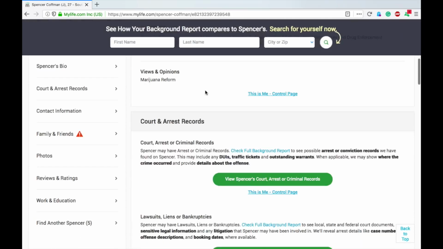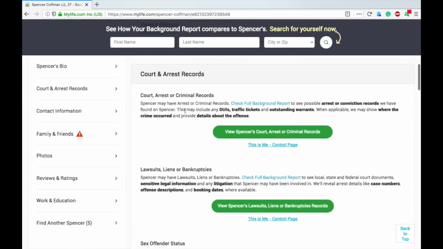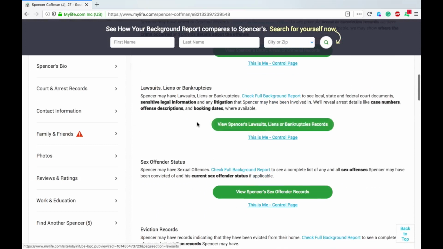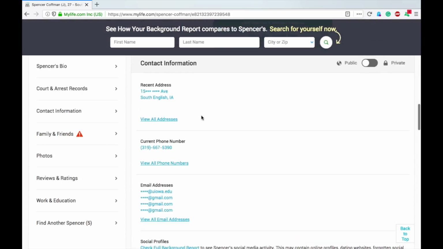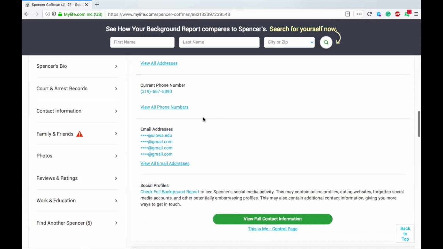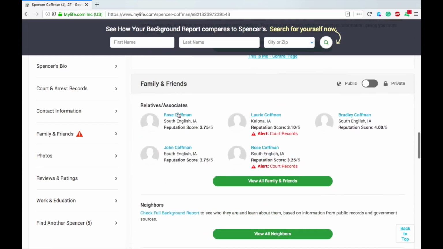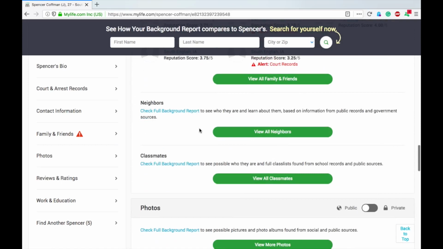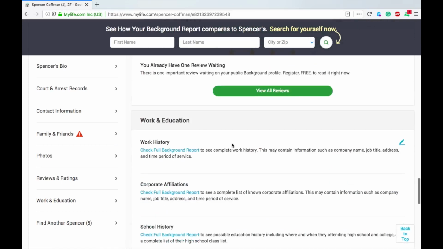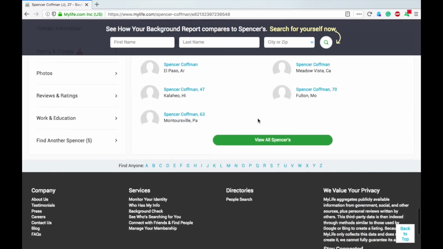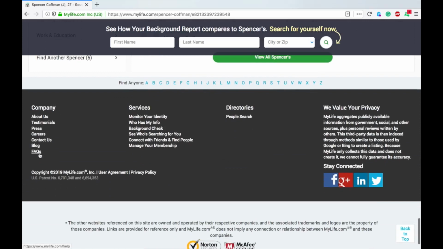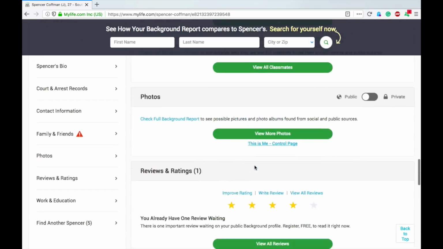So a lot of this is pending. You can view this if you're a member, if you want to pay for it. But as you see, as we're scrolling through and checking this out, it doesn't really have anything that says opt me out or remove my information or anything like that. There's nothing down here that changed, so it's kind of tricky.